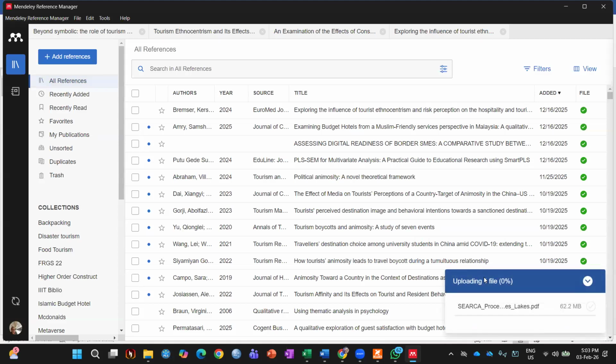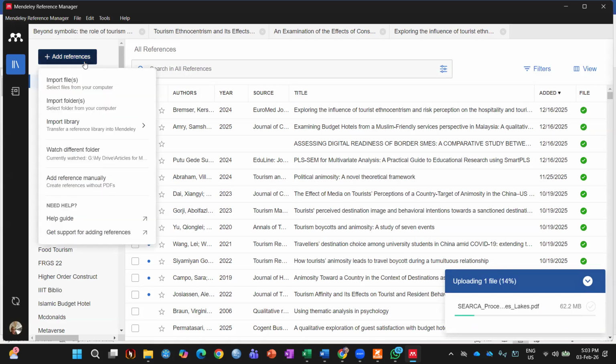And it will upload itself to the database. Depending on the size, it could take some time. Otherwise, it takes a few seconds. This one's a big, large file, so it may take some time. Anyway, if you want to